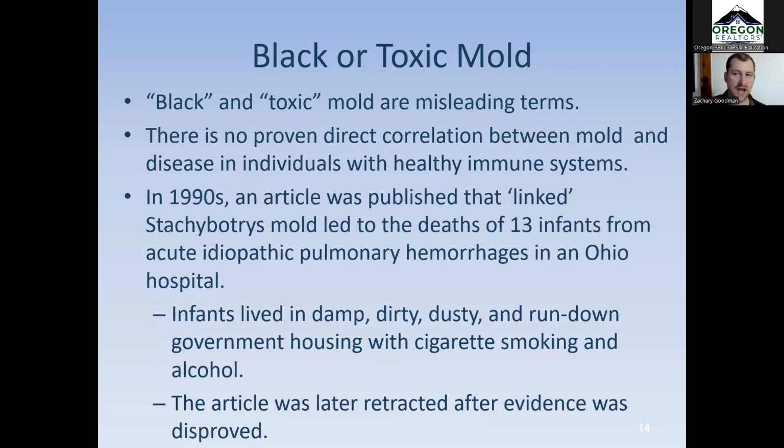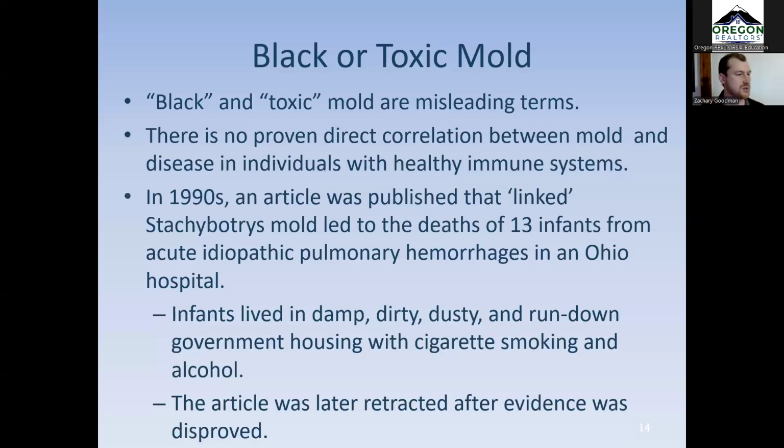Now you might say, well, I've seen media articles about black mold or toxic mold. I might have read one. I remember reading an article from several years ago down in Silverton. The school that was down there mentioned black mold and toxic mold, I believe, as reasons for discontinuing that school's use. Now, there were also other factors in that school, asbestos and lead. So sometimes black and toxic mold, those terminologies, are present in an article, or certainly the media has used them. But again, it's not because there's necessarily a science basis.